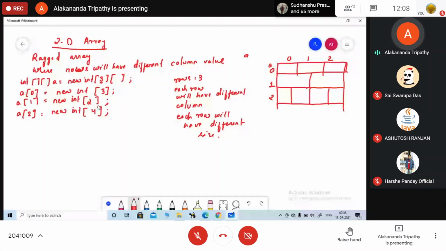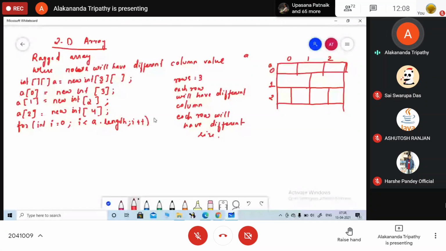So in order to take the input, I need to write the for loop. For int i = 0; i < a.length; i++.